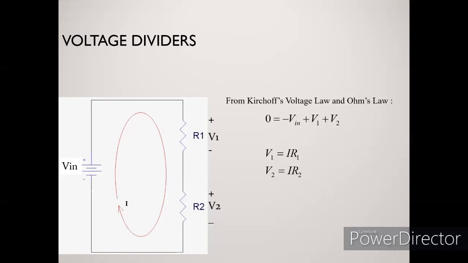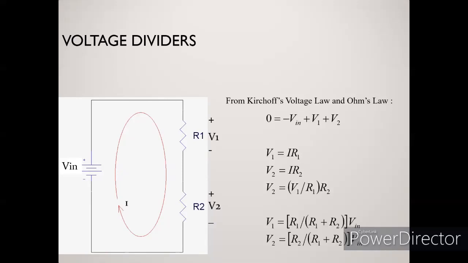So negative V in plus V1 plus V2 equals 0. As for Ohm's law, V equals IR. From those two formulas, we can come up with the formula for voltage dividers, which is V1 equals R1 over R total times V in,